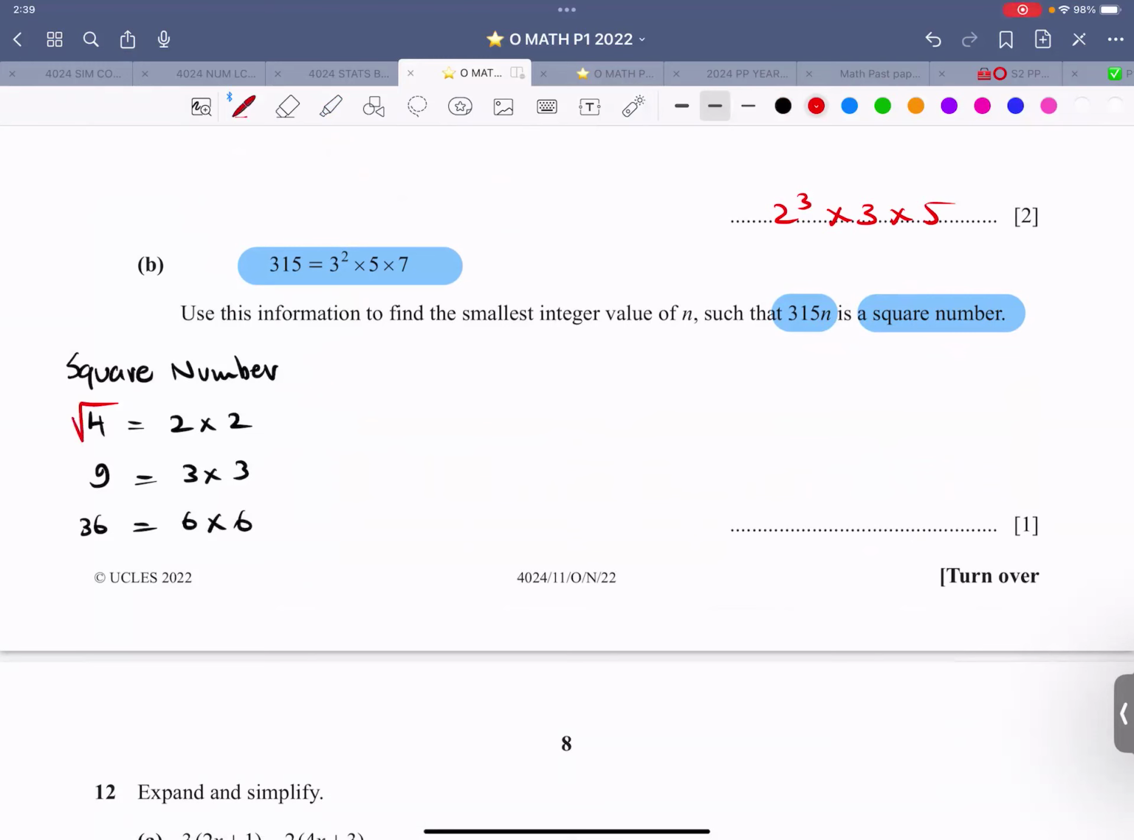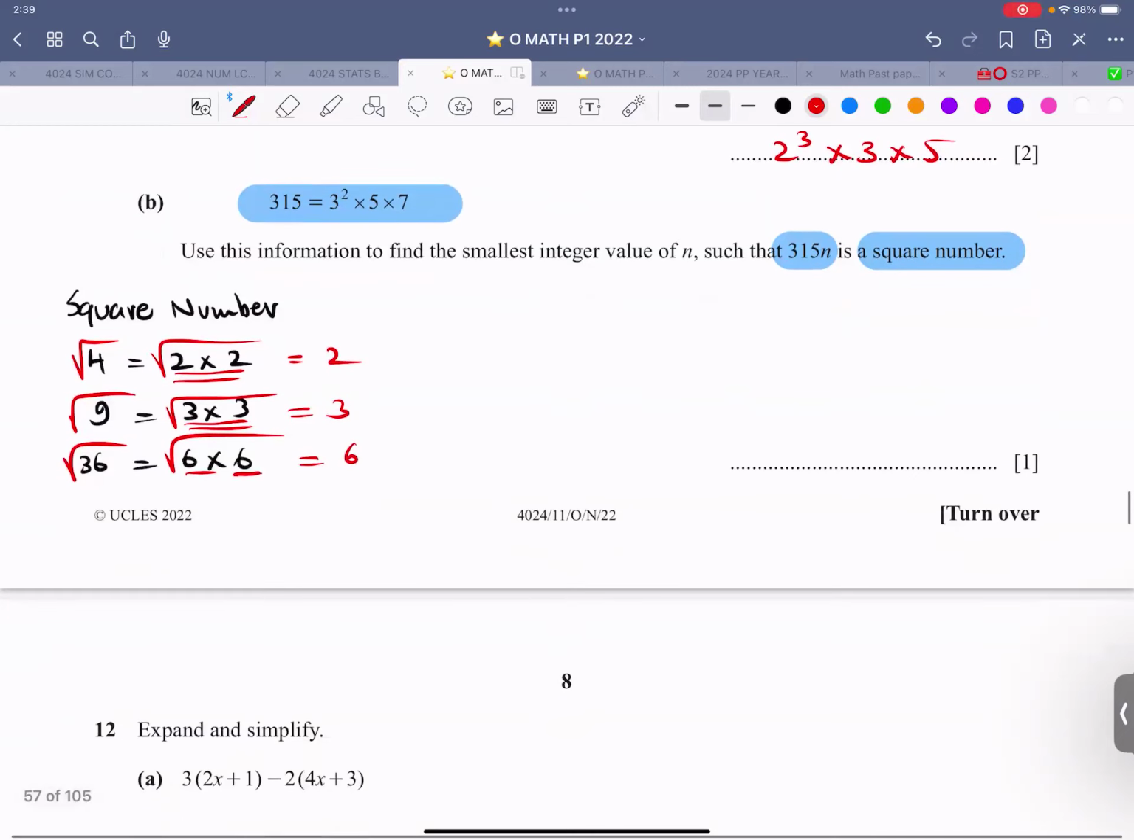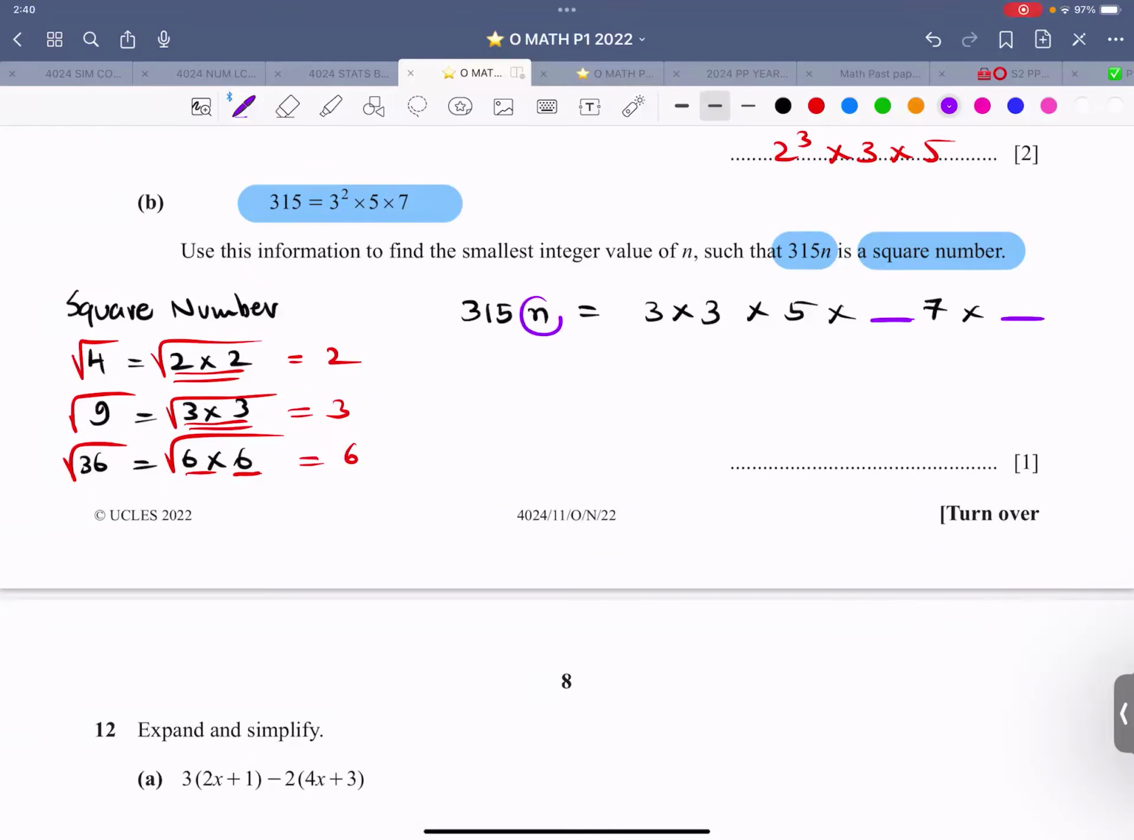That means when I take the square root, these two 2's will disappear and give me one 2. Square root of 9, the two 3's will give me one 3. Square root of 36, the two 6's will give me one 6. That means if I have 315n, so that is 3 into 3, and 5 into something, and then 7 into something. Now this something and this something should be the value of n, minimum value,